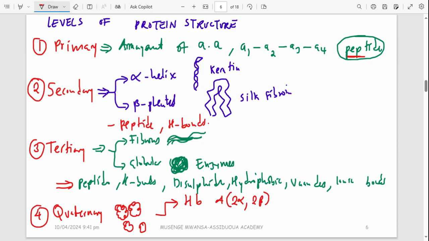You also have insulin. Insulin is an important protein that regulates glucose. Okay, so when there is too much glucose, for example, if you have eaten food that contains sugar, insulin will make that sugar to be stored as glycogen in the liver or in the muscle. And when glucose becomes low, you are going to have insulin promoting the breakdown of glycogen. All right, so that is what is going to happen. Actually, insulin will work in control with what we call glucagon. So when you don't have enough glucose, glucagon is going to cause a breakdown of that glycogen. Okay,